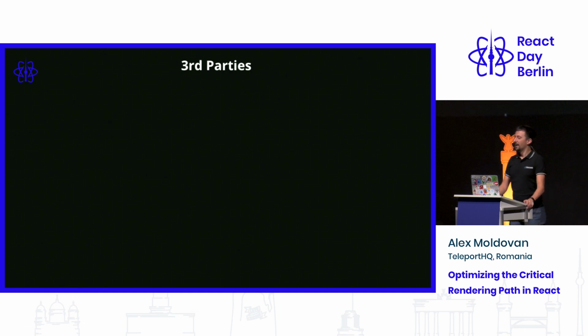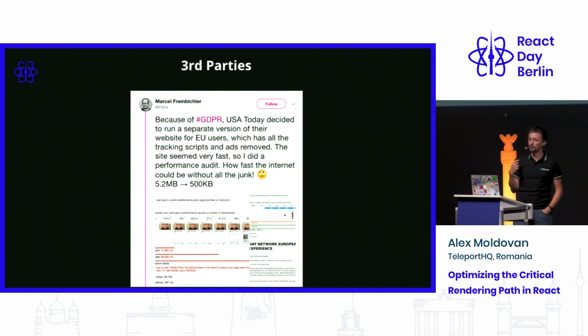Perfect. Another fun story about third parties came out earlier this year in May. Do you remember the GDPR madness? So USA Today decided that they're too lazy to implement GDPR rules. So they simply removed all their tracking and scripts and their third parties from the website. And what it turned out was that for European users, the website's total size was down from 5.2 megabytes to